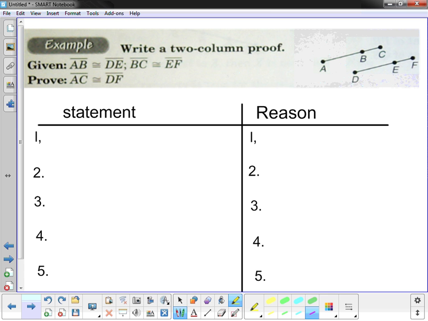I've set up my table here. I went with the 5 steps listed on there. It might take more than that. It might take less. I don't know. I just set it up. So here we go. I'm going to start with the given information that AB is congruent to DE,